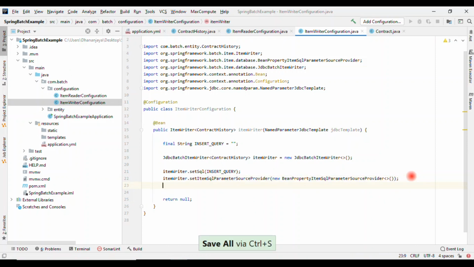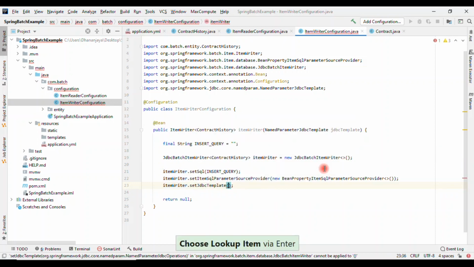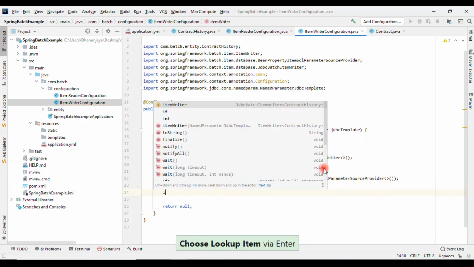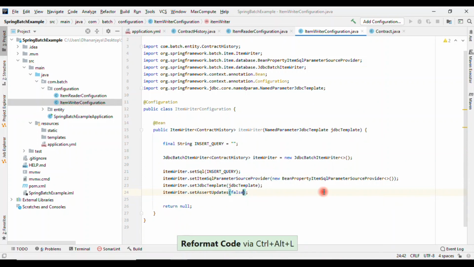We need to set a new item parameter. Then you need to set a JDBC template for that. Item writer dot set JDBC template, of whatever named JDBC template we are getting, that JDBC template will pass here. Then item writer dot set assert update. Then we need to return the item writer.